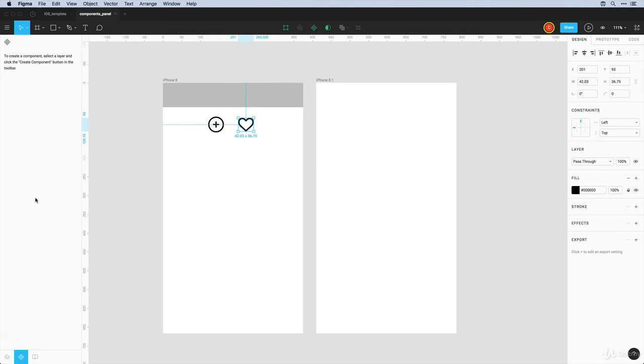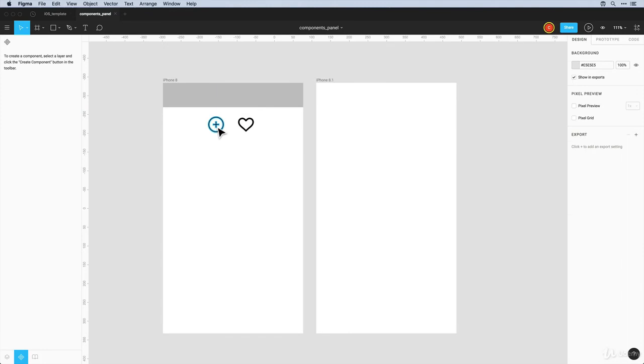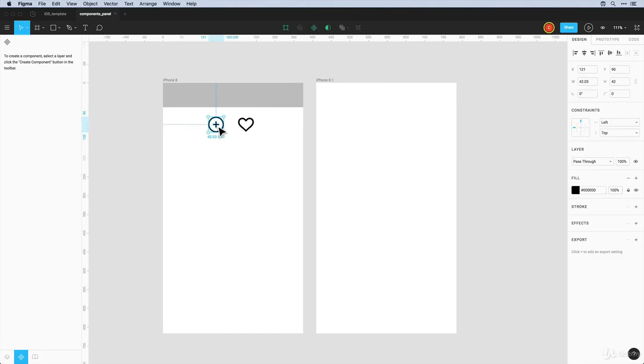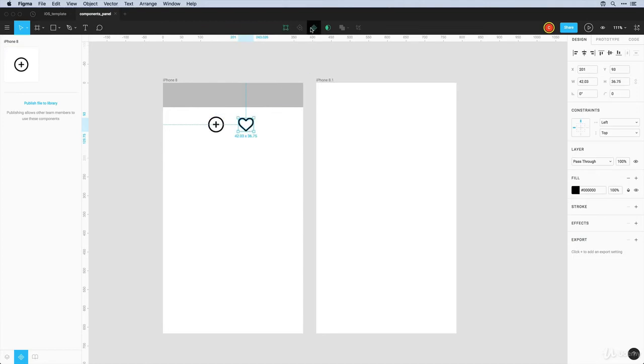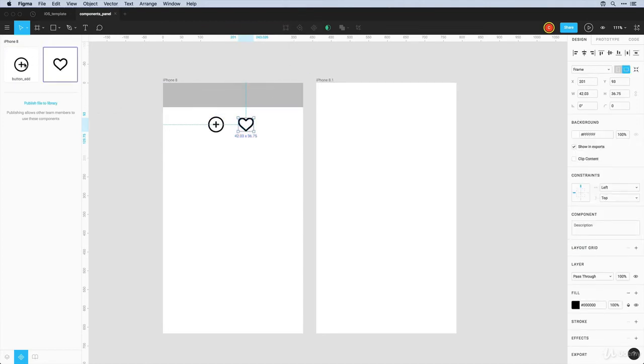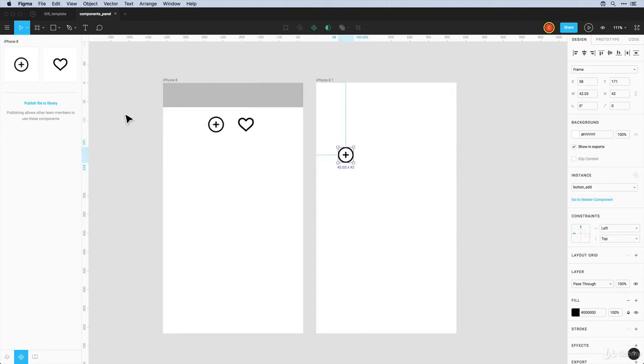If we click down here, we can see that there aren't any components created yet, and it's telling us to create a component, select a layer, and click the Create Component button in the toolbar. So these are simple layers right now, but I can easily click on this layer and click Create Component. I can click on this heart, Create Component, and now we have two components here. And with these components, we can simply drag and drop these on other frames to reuse these components throughout other